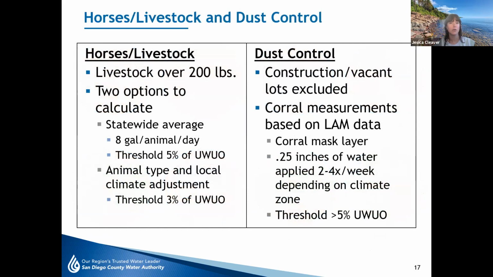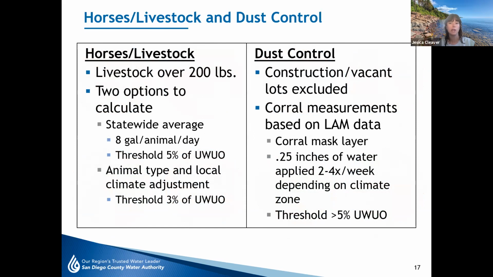So first we'll go into the horses and livestock. DWR is currently proposing to limit this variance to livestock that are over 200 pounds. And they've presented 2 methods to calculate the variance. The first is a statewide average, allowing 8 gallons per animal per day. And this would require that the water use makes up at least 5% of a water supplier's urban water use